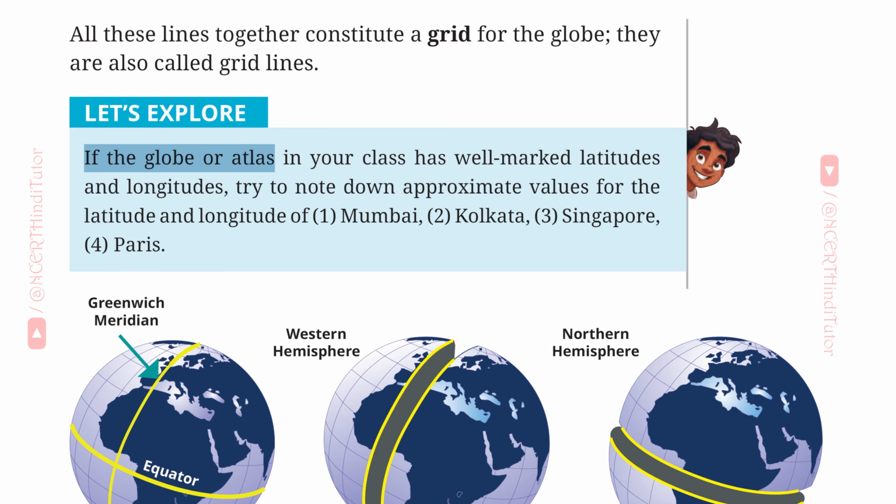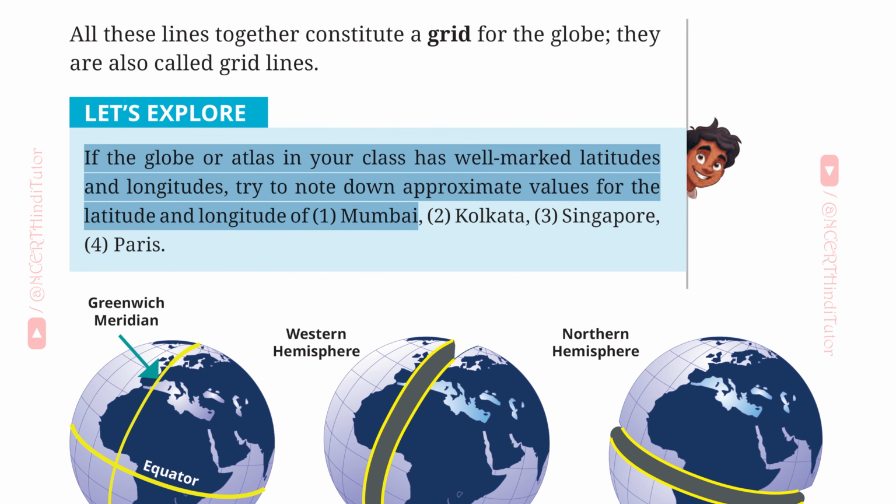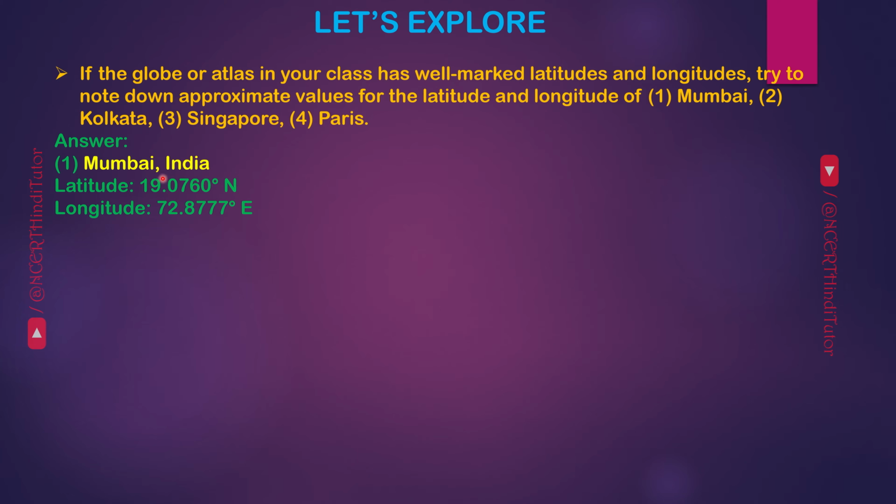Next, if the globe or atlas in your class has well marked latitudes and longitudes, try to note down approximate values for the latitude and longitude of first Mumbai, second Kolkata, third Singapore, fourth Paris. Answer. First Mumbai, India, latitude 19.0760 degree north, longitude 72.8777 degree east. Second, Kolkata, India, latitude 22.5726 degree north, longitude